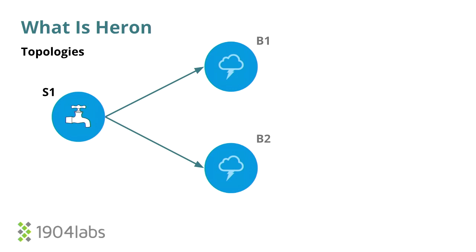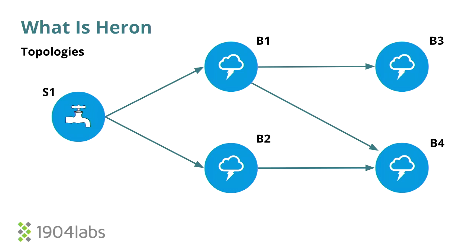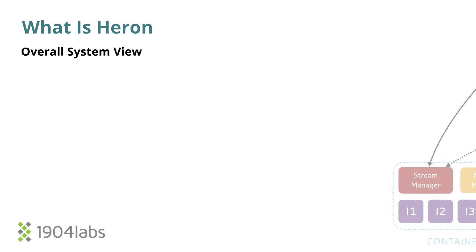So this is an example of a simple DAG. Very simple. So in this case, you've got one spout, 4 bolts. Spout 1 can then emit data to B1 and B2. B1 can then emit data to B3, and then B2 goes straight to B4. They actually have some generated topologies that'll run across 1,000 nodes that'll have hundreds and hundreds of these. This is just very simple for you to kind of digest.